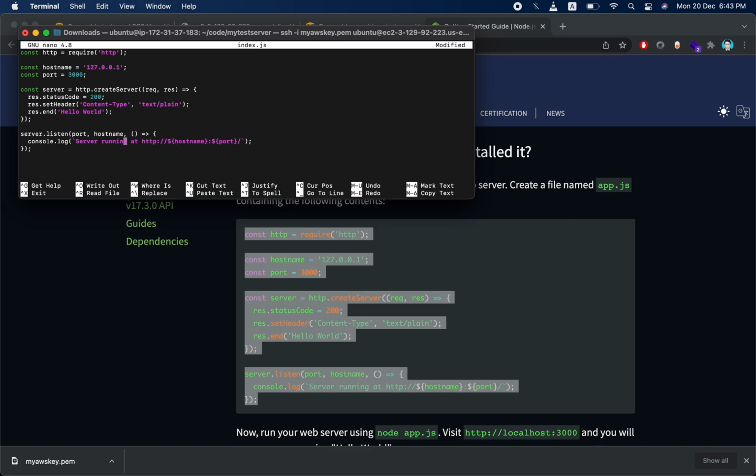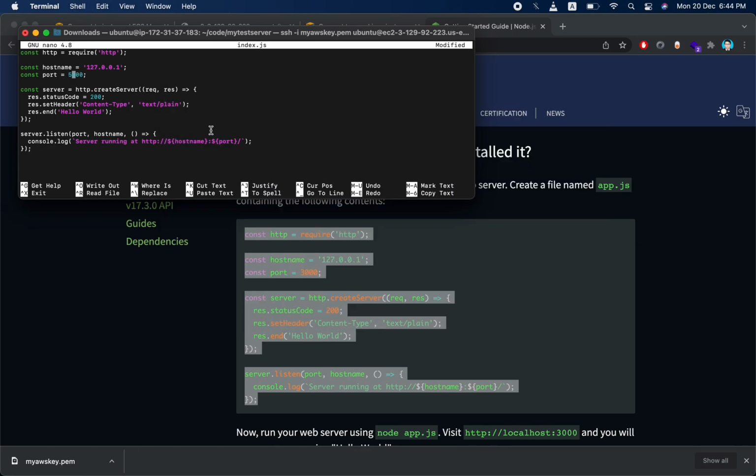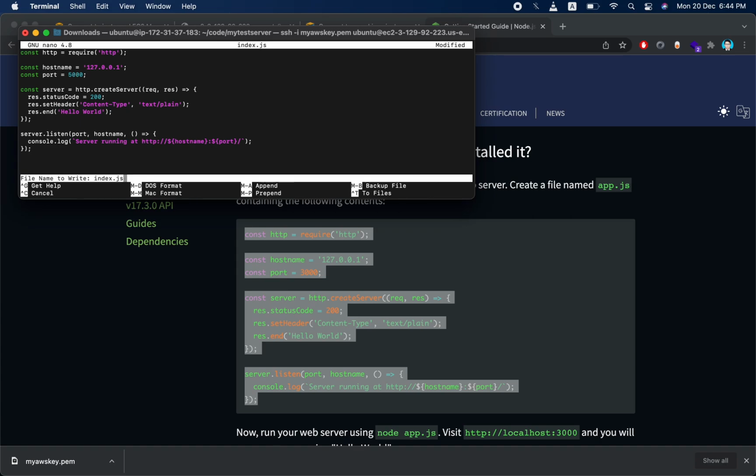This is a simple HTTP server. It's running on the 3000 port. Let's change the port address. I want to change it to 5000. Okay, so command O, cancel. Oh, not in here. So command O, index.js,